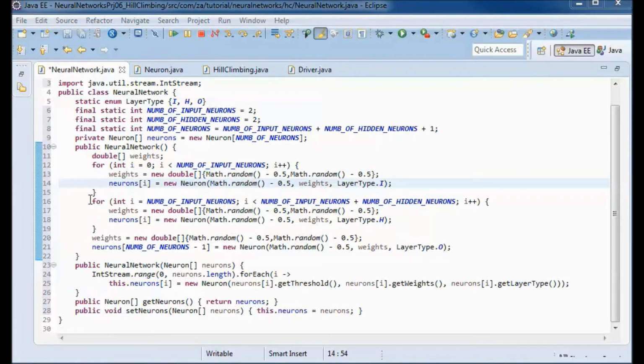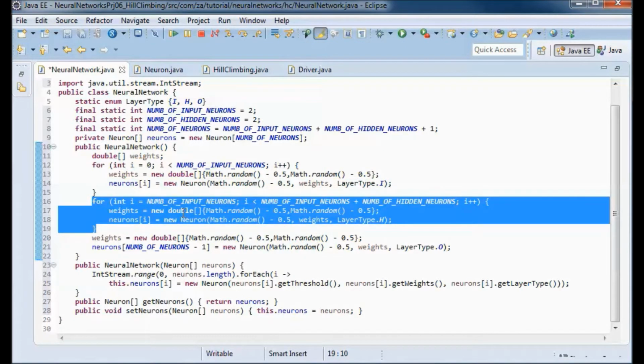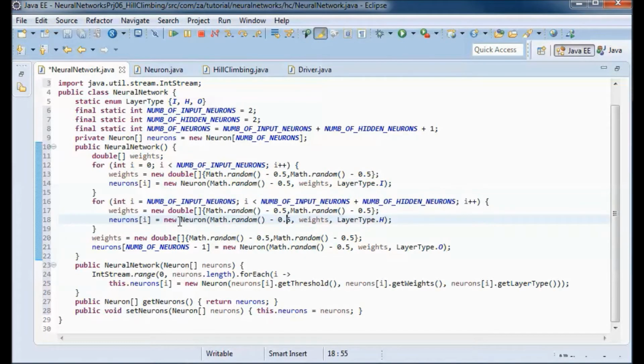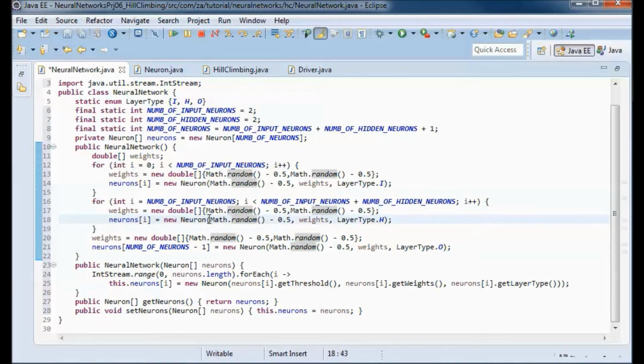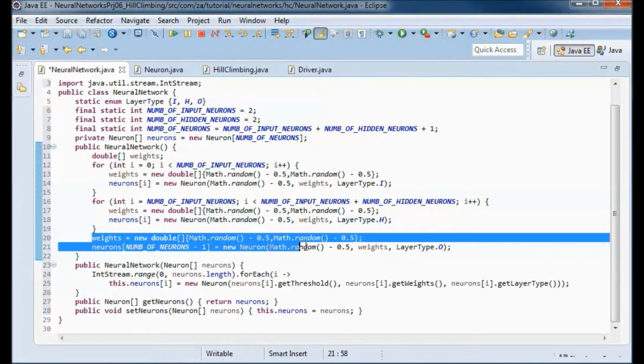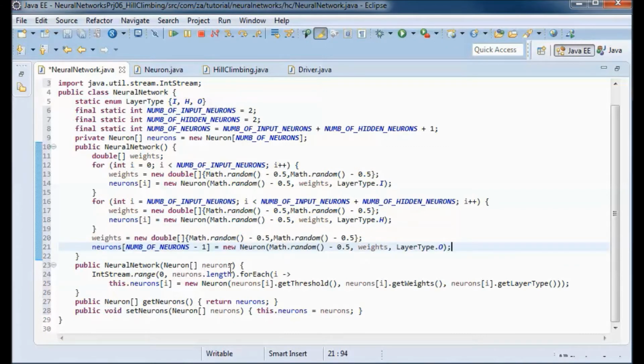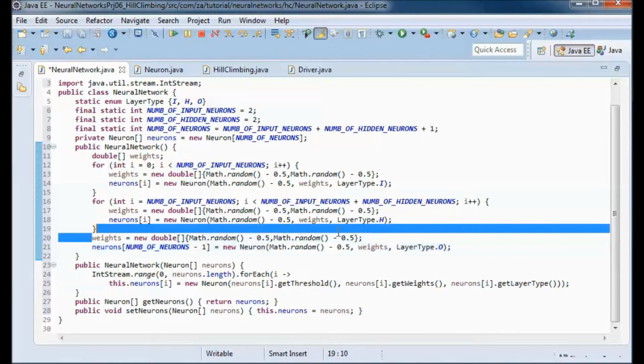And the two neurons that are in the hidden layer, same thing, populate them with random weights and a random threshold. And the neuron that is in the output layer also will be populated with random threshold and random weights.